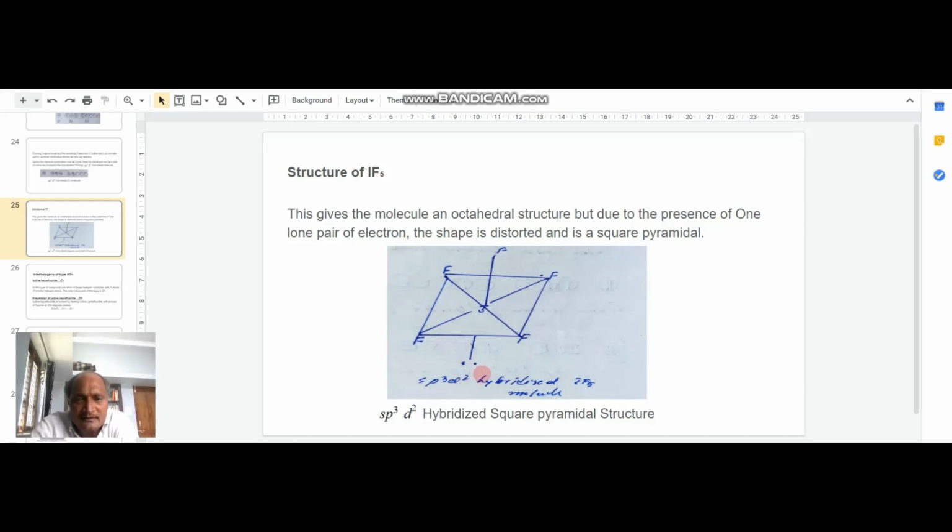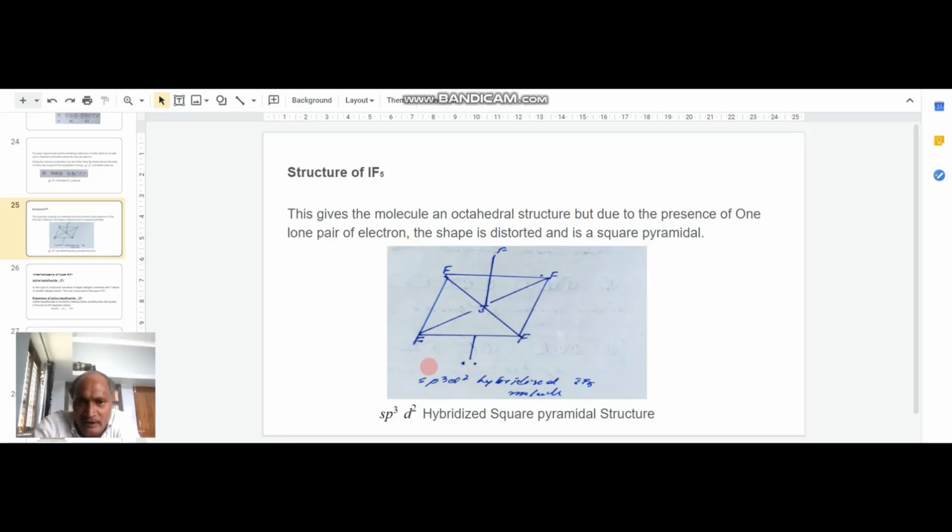The dotted electrons show they are present in the form of a lone pair, which do not take part in the chemical combination. However, these two electrons can also take part in the chemical combination if we consider iodine in the next higher excited condition. But anyhow, in the second excited state, the iodine atom has a lone pair of electrons.